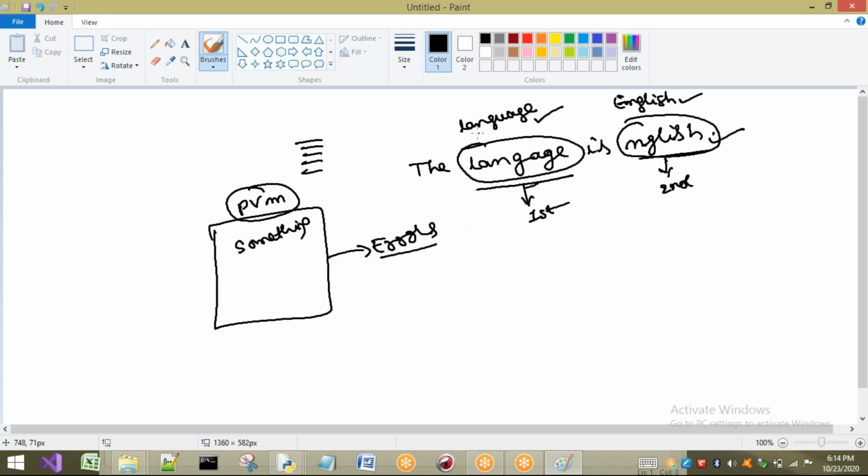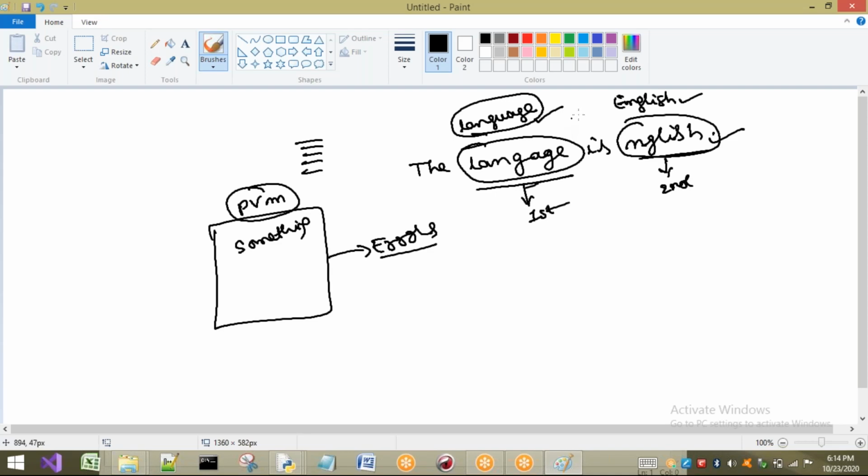What I know is language. If anybody asks me about language, I can say there is no problem. In the same way, here I have written English, and I don't know what is meant by this one. I know only about English. If anybody asks about this one, I don't know about it, because it is not present in my mind. In my mind, English is there.